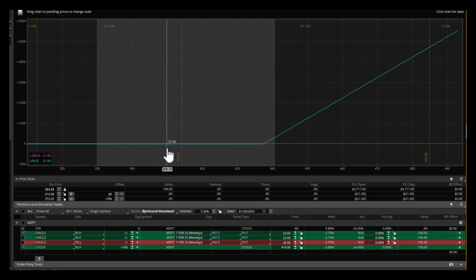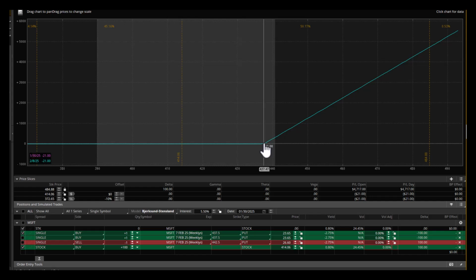The way that you can reason this synthetic call is, well, what's the 337.5 put worth at the current price of, let's say, 414? Basically that's $22.50. So that's what the put is worth. You are long shares. Now, if the stock goes up, what would that put be worth? Well, eventually it's going to be worth zero, right? Right now it's worth $22.50 down to 414, but above 337.5,